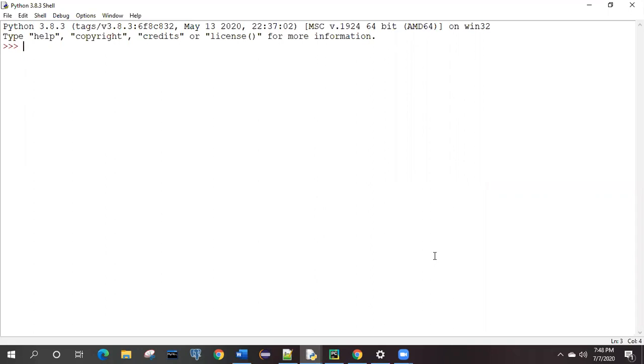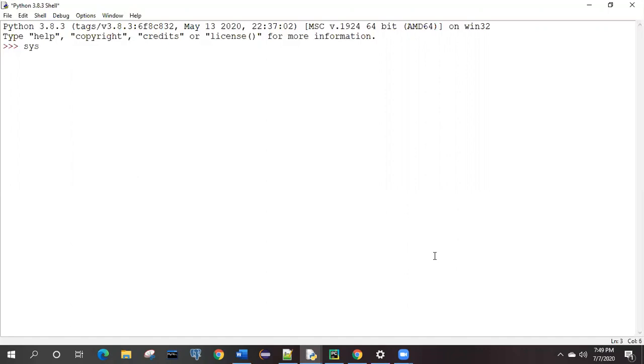And ideally, when you start this shell, it will by default give you some of the information. As you can see, it is showing you the information on the top, Python 3.8, something like that. But how can we make use of this by using some of the modules? That is the main concern, and we will see how we can make use of this in our module.